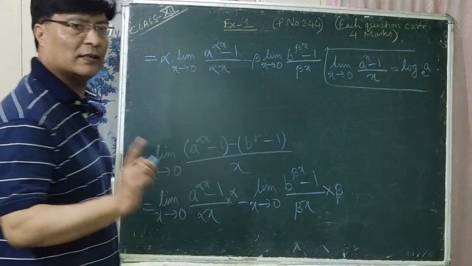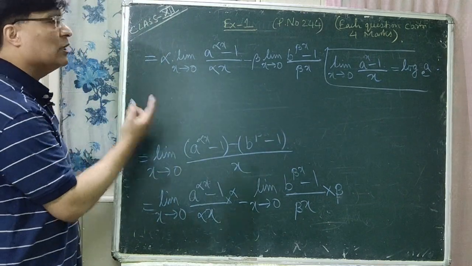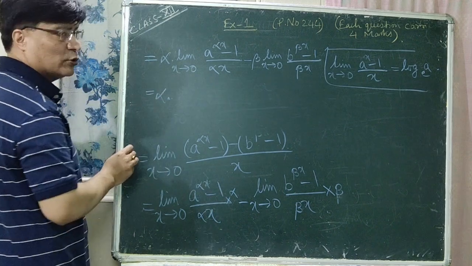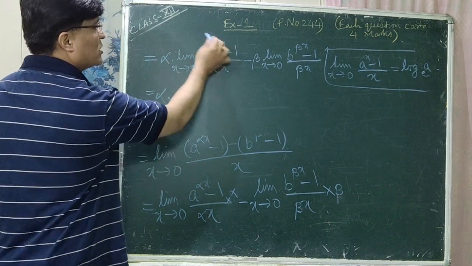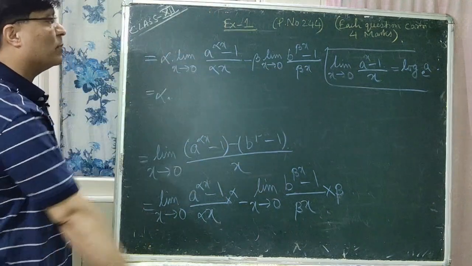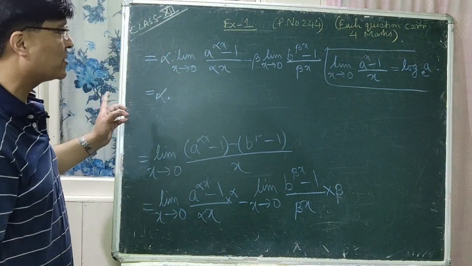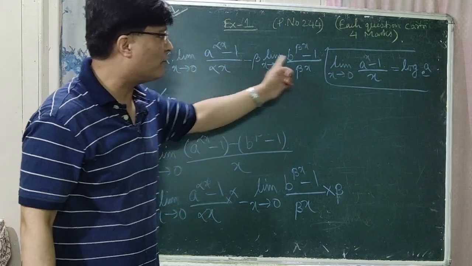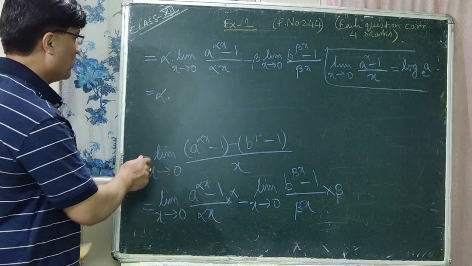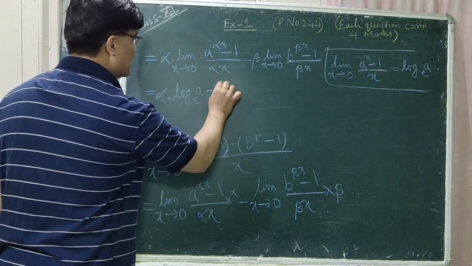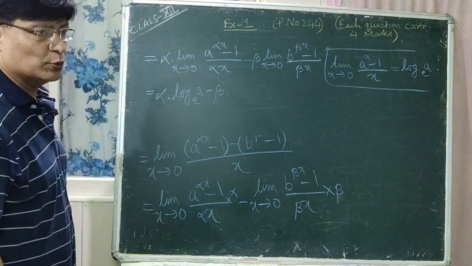So is that understood now? So you can use the standard limit now. So this is equal to alpha into, now this is the standard form. Which standard form is this one? That is the standard form: limit x tends to 0, a to the power x minus 1 whole divided by x. So instead of x, here it is alpha x. So what is the formula? Log a base e. Okay. So it is alpha log a base e minus beta into